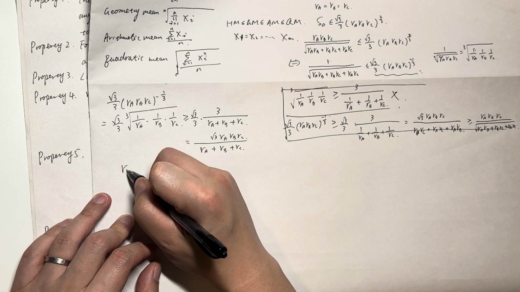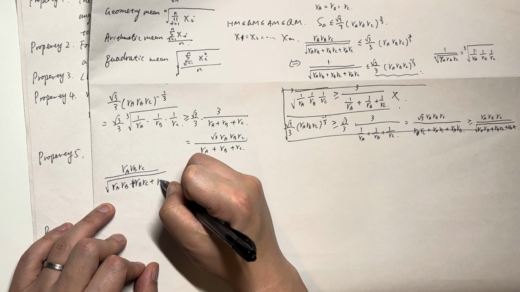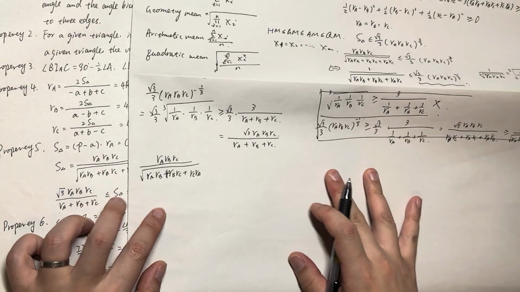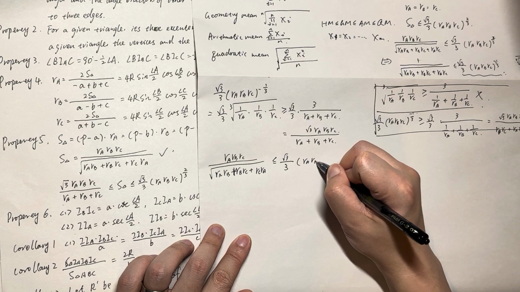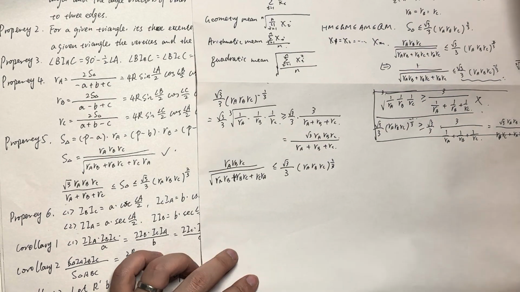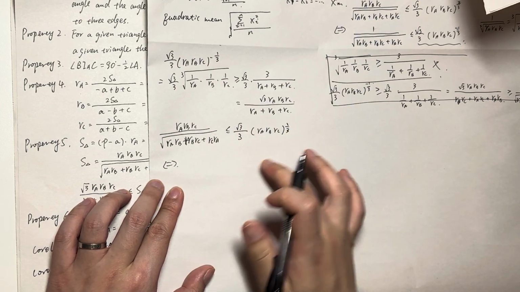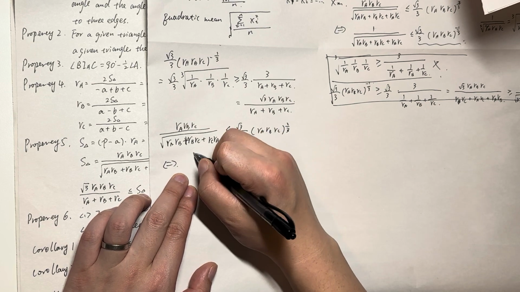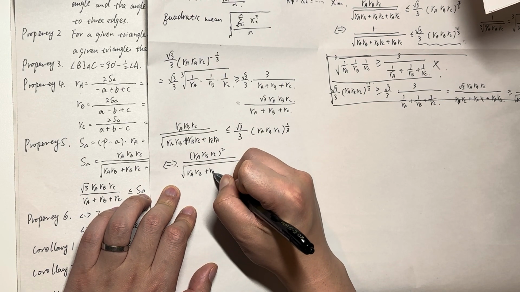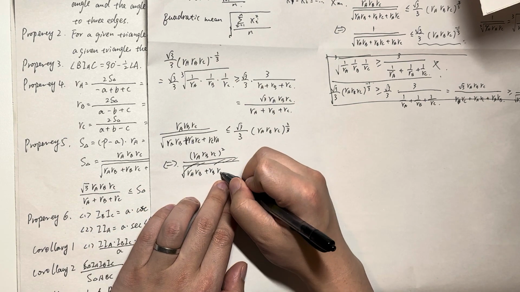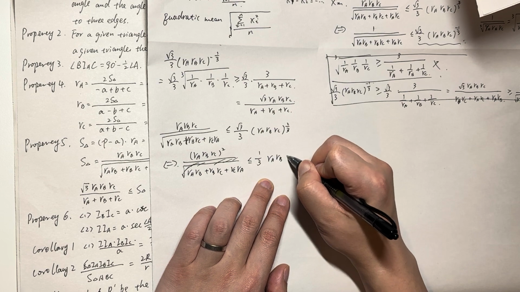So we want to prove that RA·RB·RC divided by the square root of RA·RB plus RB·RC plus RC·RA, this is the area of the triangle, is less than or equal to √3/2 times (RA·RB·RC) to the power 2/3, right? So the first thing I would do here is to square both sides, RA·RB·RC squared over RA·RB plus RB·RC plus RC·RA,